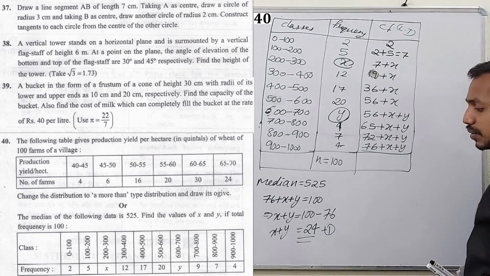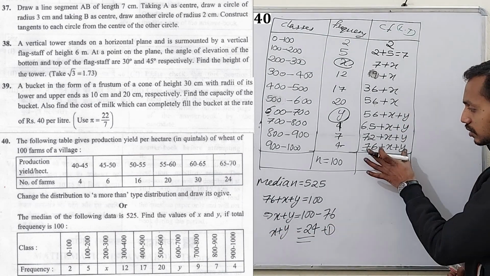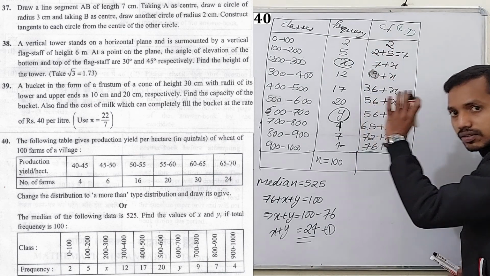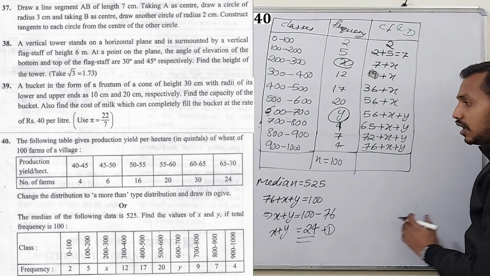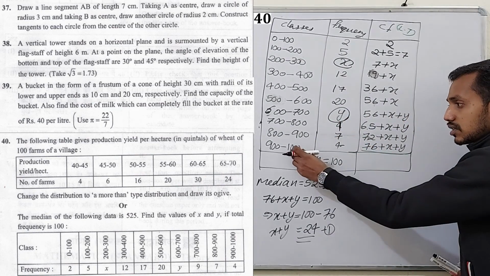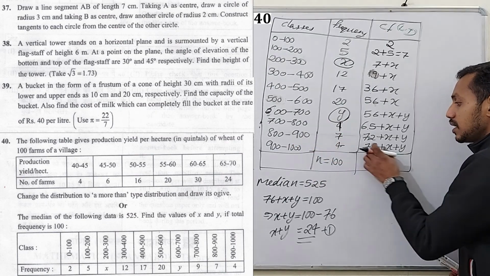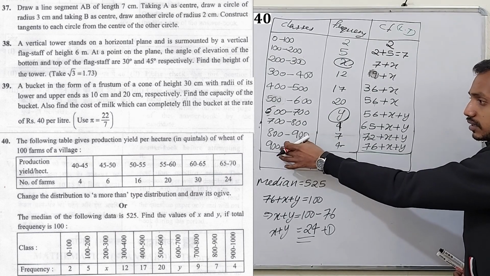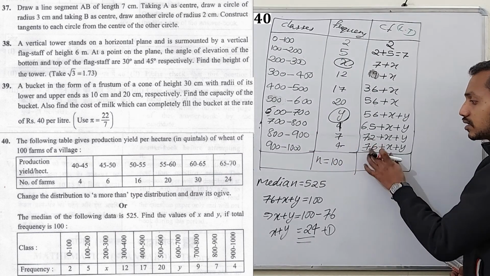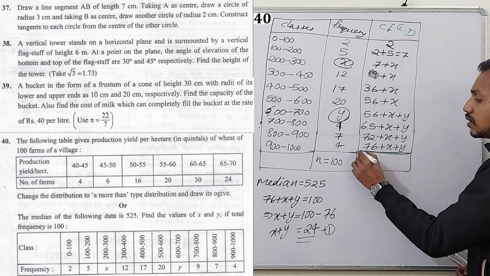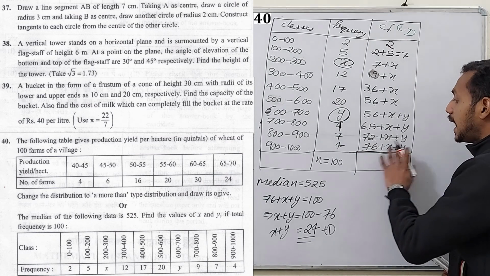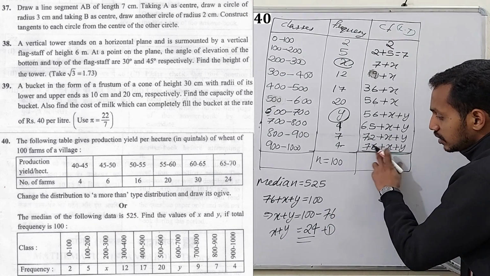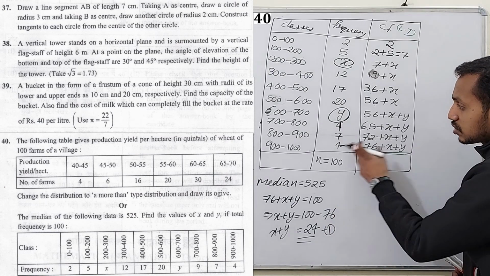How did we get this equation? Because after finding the less than type cumulative frequency, the last value will be n, the sum of all the frequencies. Since we are finding less than 1000 here, all these corresponding values are less than 1000 and the corresponding frequencies belong here. So the last value we will get in the less than type cumulative frequency distribution will be n. That n is given as 100 in the question. So by equating this, we got the first equation, because this consists of two variables.